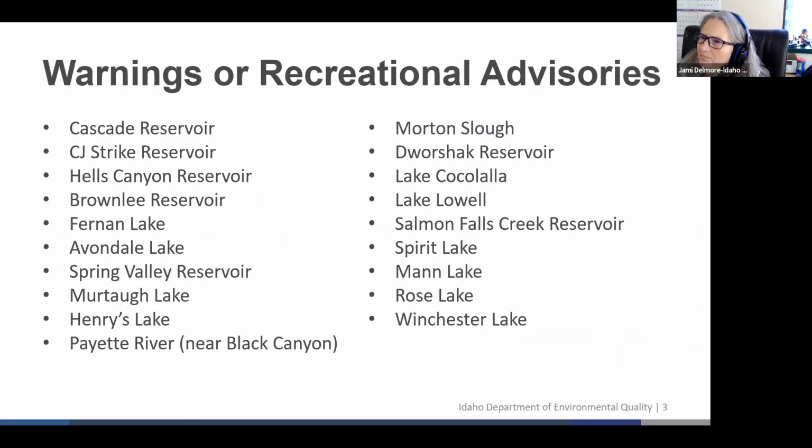For recreational advisories that we had, these are all water bodies that we actually had a recreational health advisory issued on. We did have one different situation, and this is pretty much the first time we've tried this as a state. And I'm not just talking about DEQ, but I'm talking about Health and Welfare,